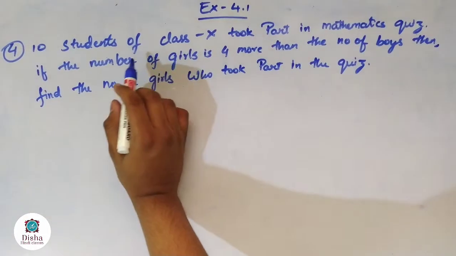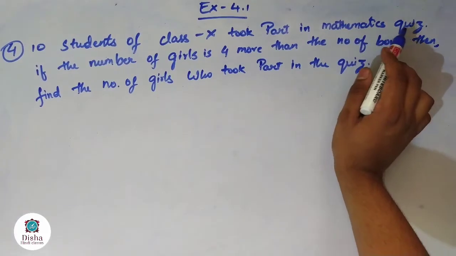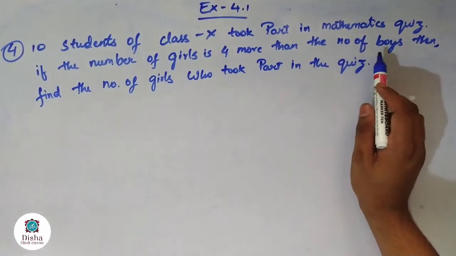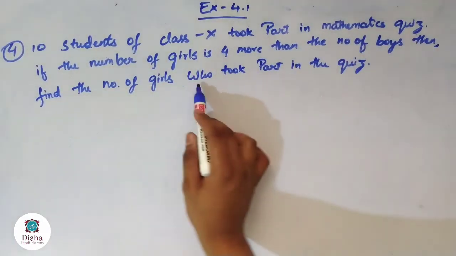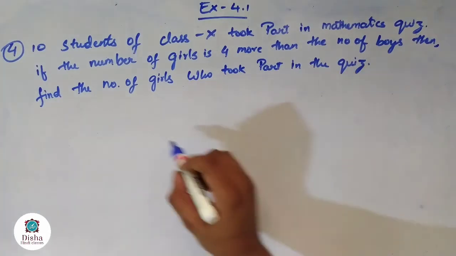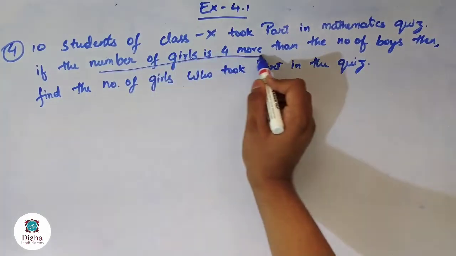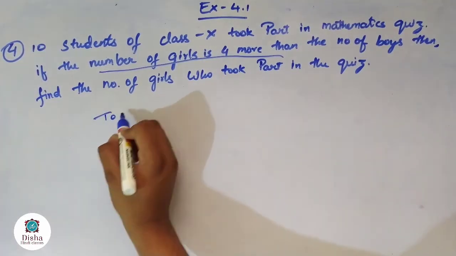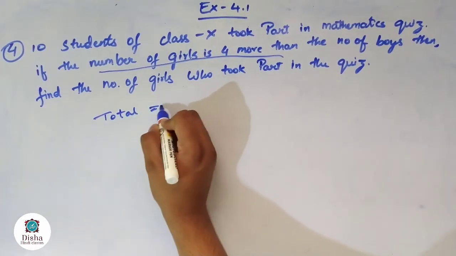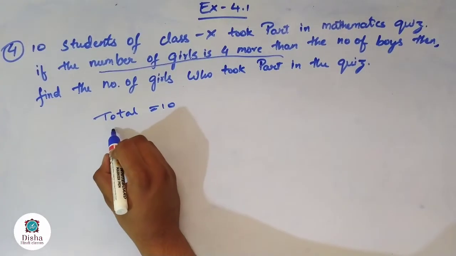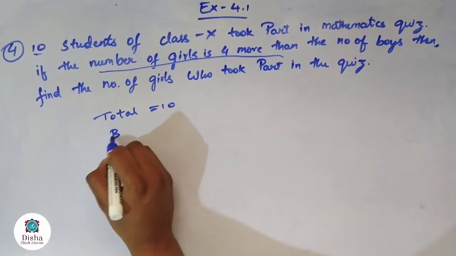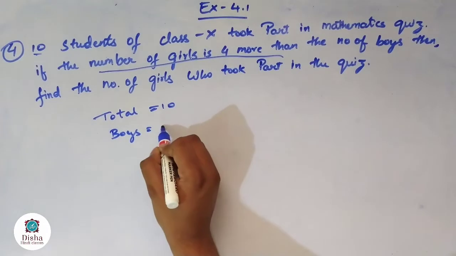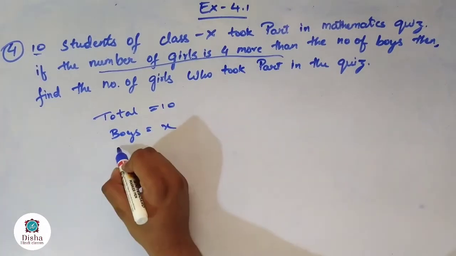Fourth problem, we have 10 students of class 10 took part in mathematics quiz. If the number of girls is 4 more than the number of boys, then find the number of girls who took part in the quiz. So we have the statement number of girls is 4 more than the boys, right? So total how many are participating? Total will be 10, right? 10 students. So let boys be X and girls be